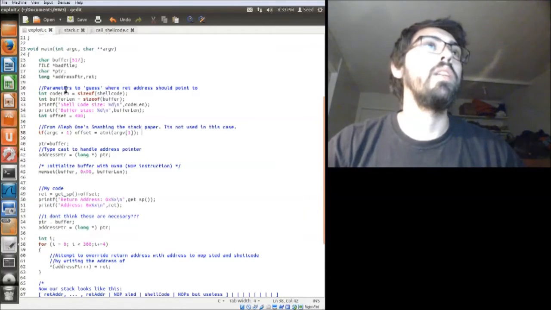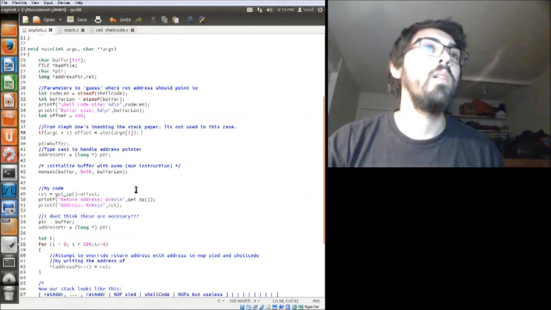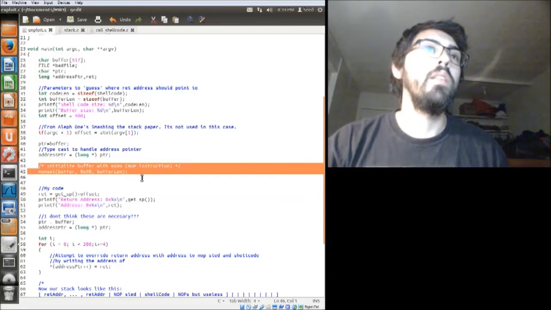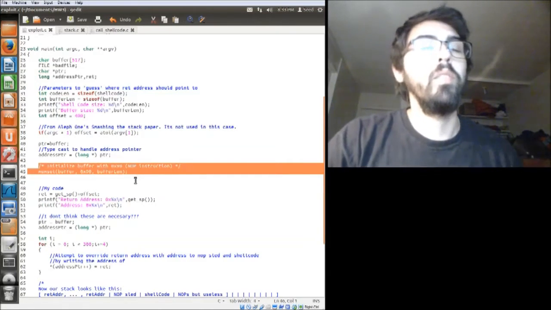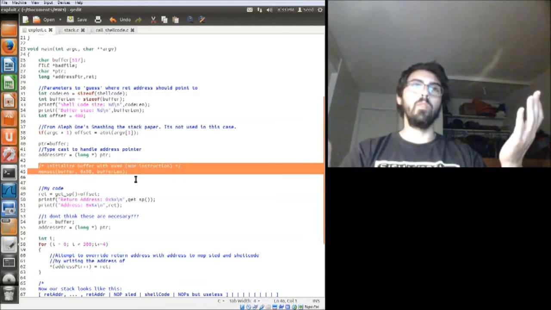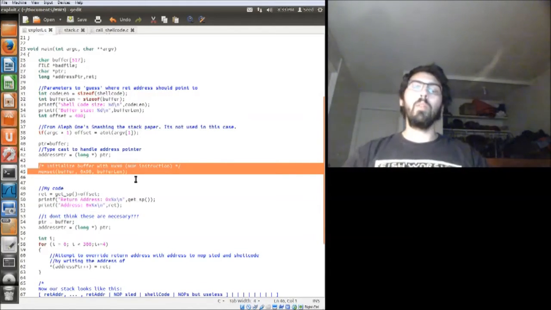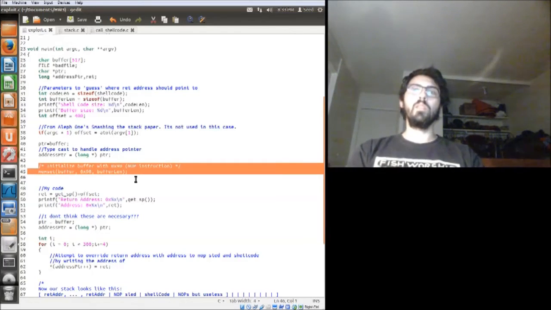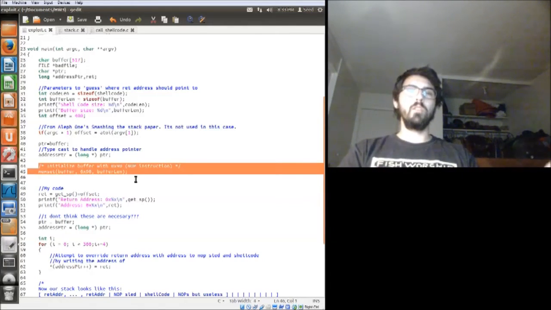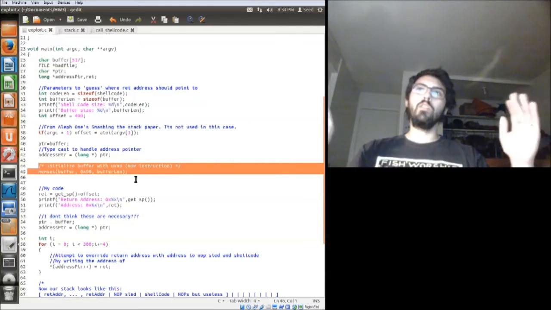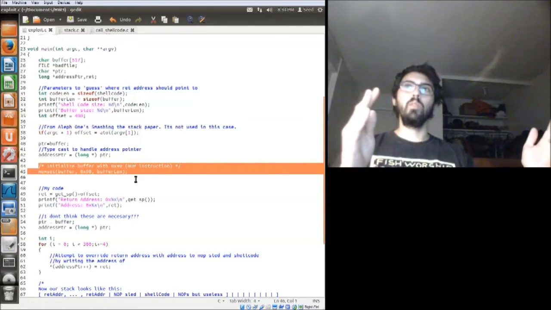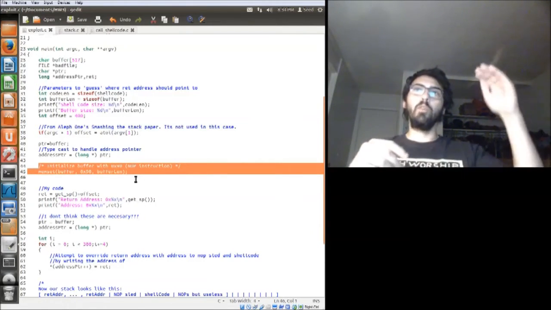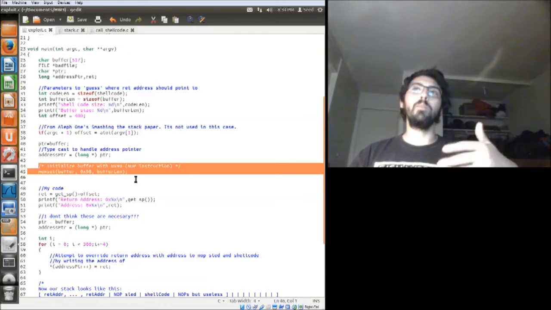Right, well, anyway, we need to typecast it to a long pointer. And then here, this is what's providing the NOP sled, which gives us a bound for error. Part of the problem with this exploit is that we don't exactly know where our malicious code is going to be. So using a NOP sled, you improve the chances that you're going to land in the section that will eventually slide through all the NOPs, and then get to our